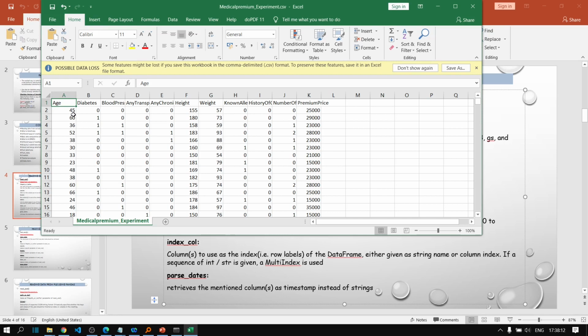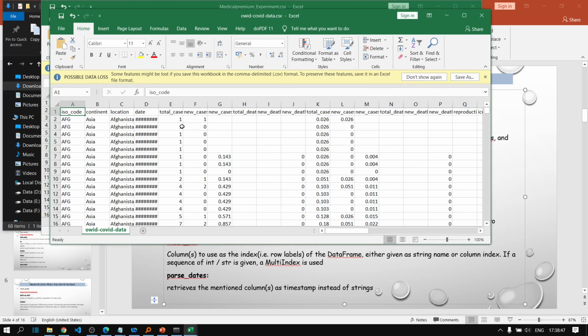Fine. So for this example, I will use a different CSV file. Okay, let's consider this particular CSV file. Here there is a date column, right? So this parse_dates, but this date column, if you import this data frame, let's first import this data frame.